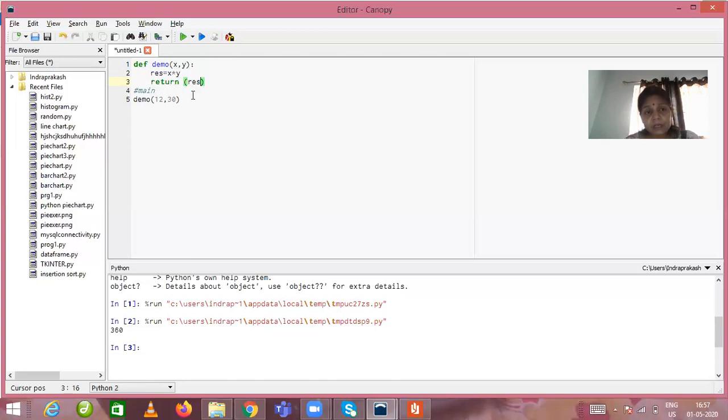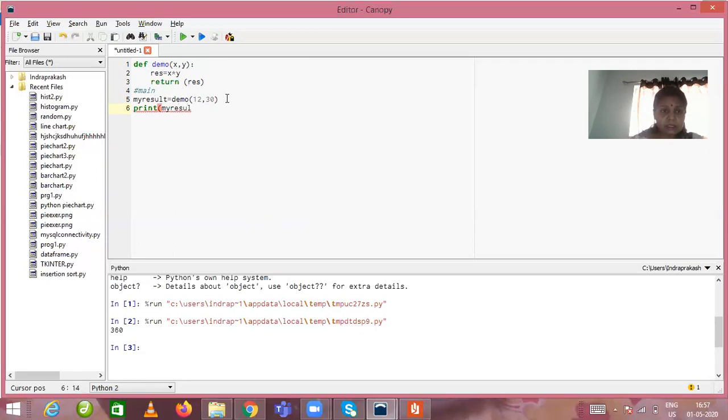So this statement will return this variable, named res, and it will return this variable to where I call the function. Okay, so we have to change the function call statement also. I will use a variable here. Suppose I have taken a variable my result. I have taken the variable my result equal to the function call, and now I will print the result. So I will take the statement over here where I am calling the function, correct?